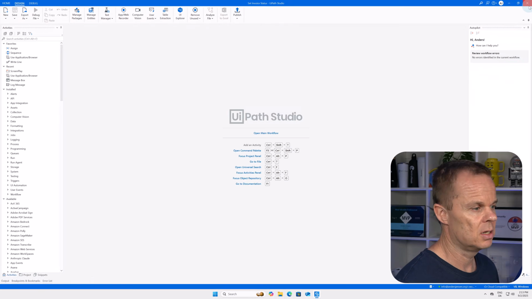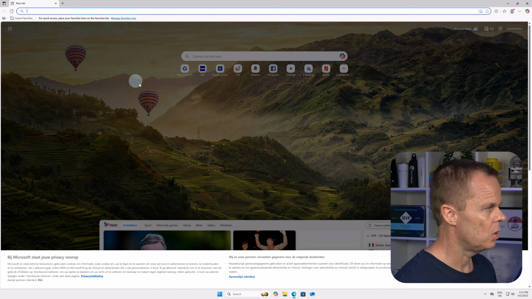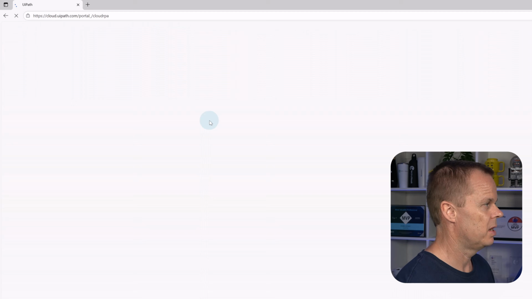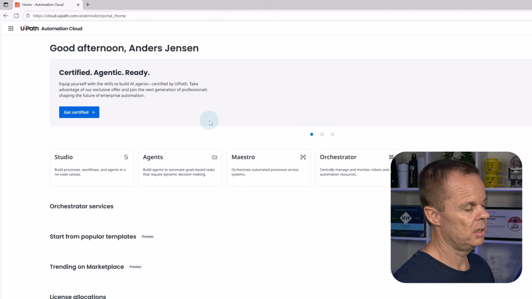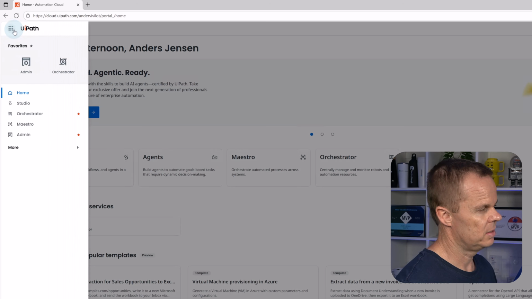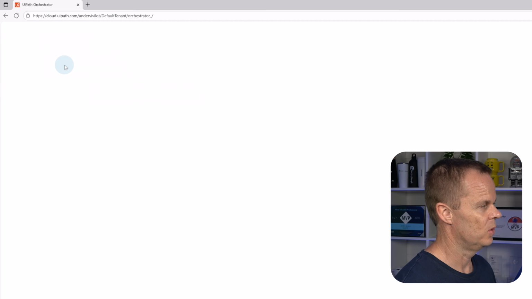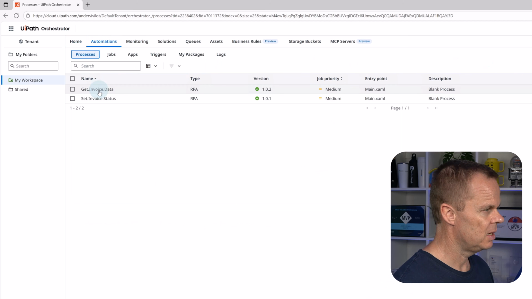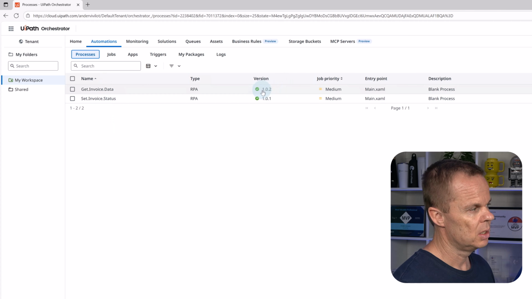So what I can do now is actually to close this, open up a browser, navigate to cloud.uipath.com, log in if it prompts you. You can find Orchestrator either here or, as I prefer, up here because it's just quicker. This is my Orchestrator. Now you can go into automations, and here you will find both of the processes that we have created. Since we updated the get invoice data and published a new version, you will see that the version here is